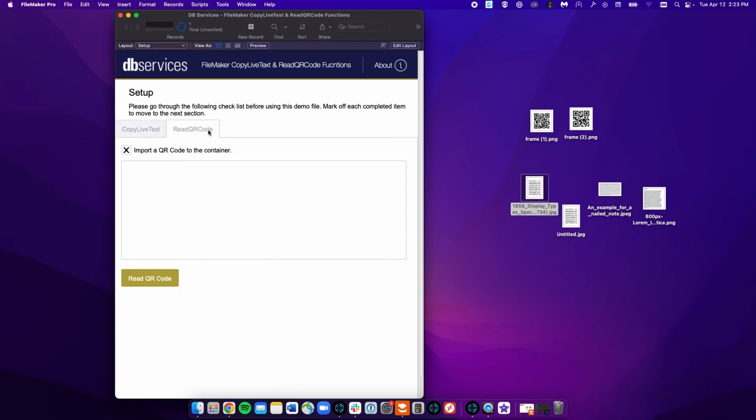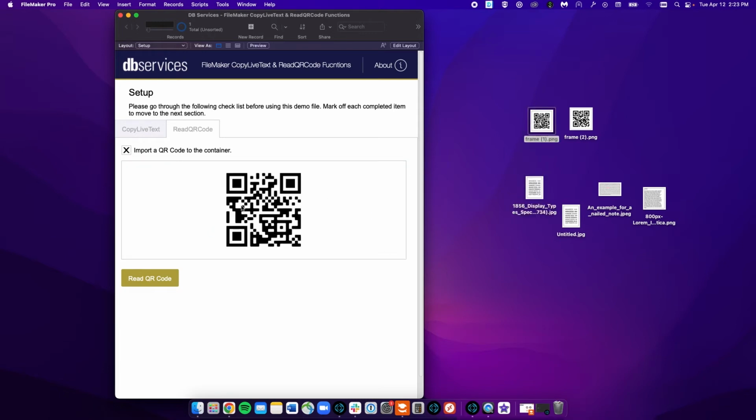So this next function is called Read QR Code. It has a lot of similarities to Copy Live Text in that it's still using an image in a container and it's evaluating the contents of that image. This time, though, it's reading a QR code, and whatever's inside the QR code, be it a URL, text, an image, audio even, this function can read it